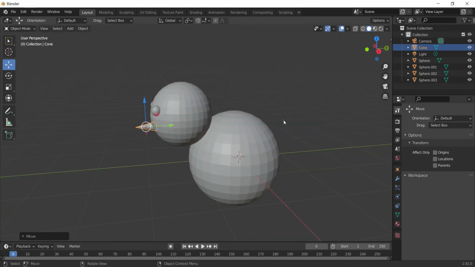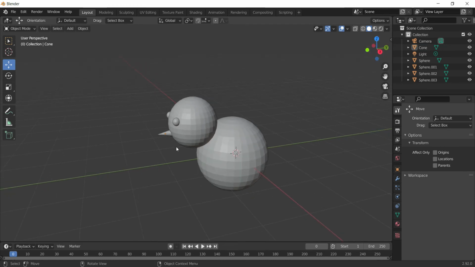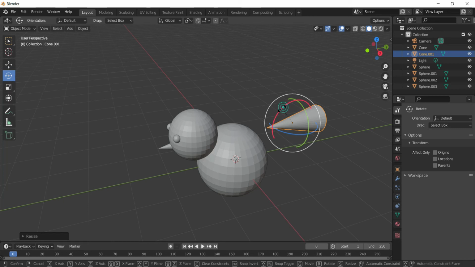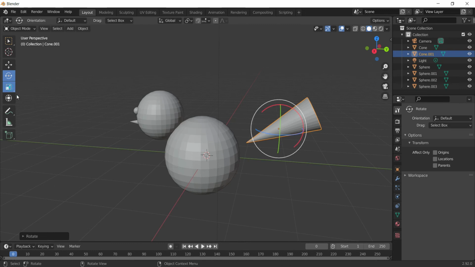And finally, the last thing which I will add here is the tail of the bird. For that, I will duplicate this cone, and I'll bring it here. I'll scale it up like this, rotate a bit, scale.